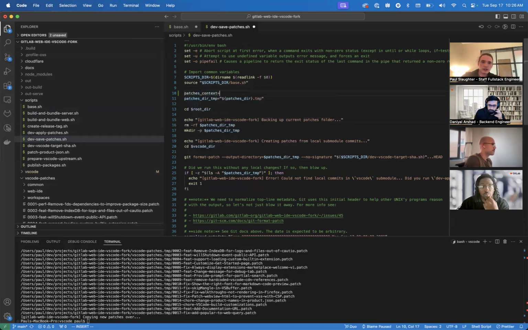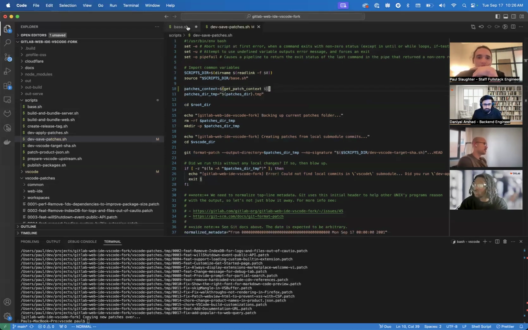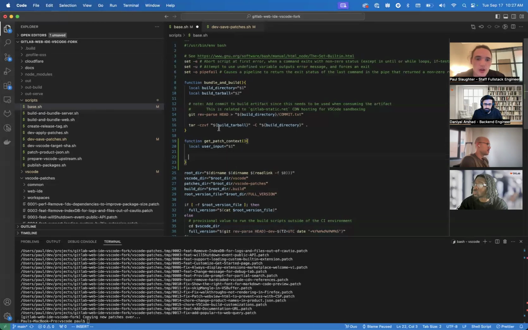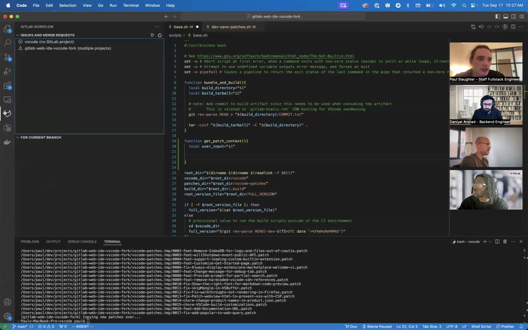Well, let's step back to the function definition. What do you think if, where we are calling the function, we pass the argument parameters? Yes, exactly, I think that's a good idea. Okay, so that's problem solved. And then inside the function, if the parameter is empty, I guess we're going to be checking for an empty string. Then we're using read line, right? Yes. Then we can ask GitLab to,